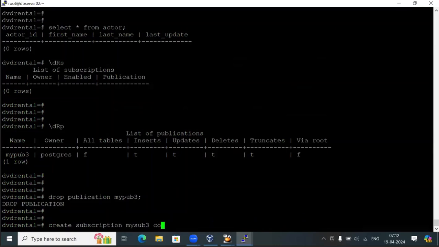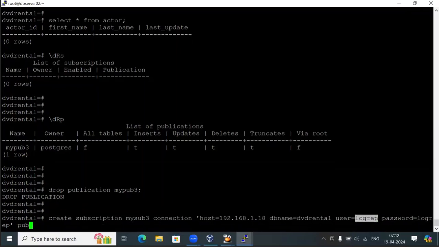As usual, we have to give the connection details. 192.168.1.18, DB name equal to TVD render. So even if we want to replicate from here to here also we can do, but just to avoid the confusion, we can just do it similarly to how we did previously. The password equal to log rep,